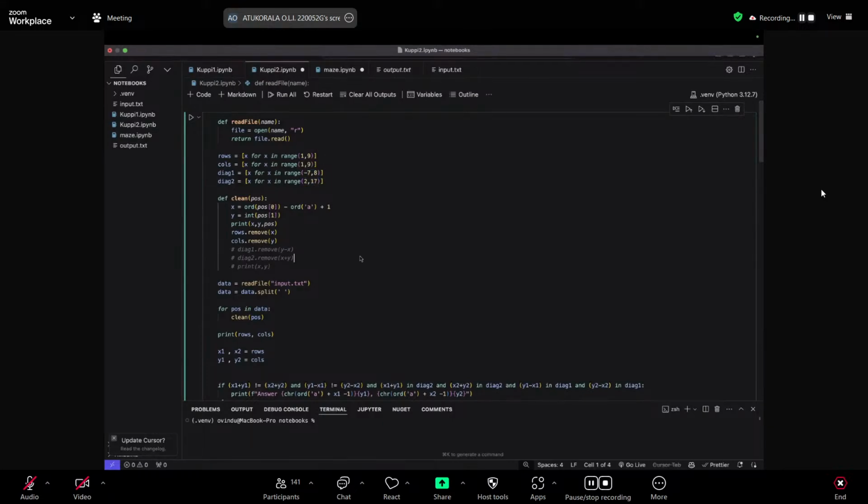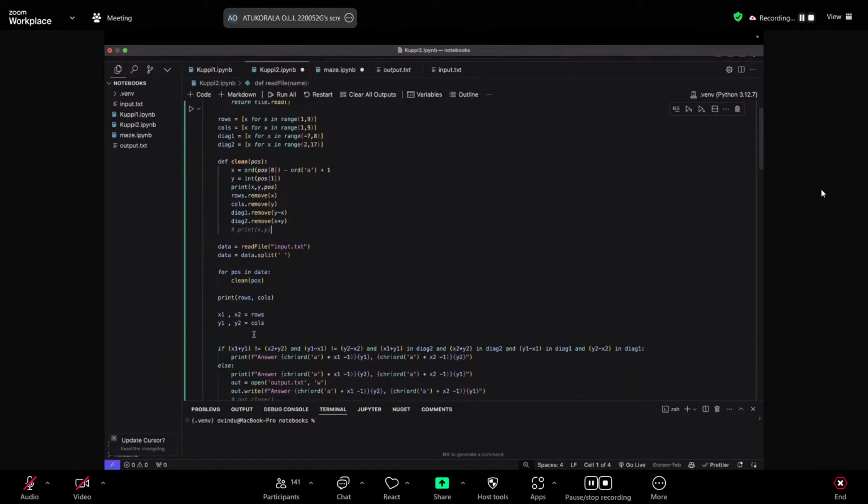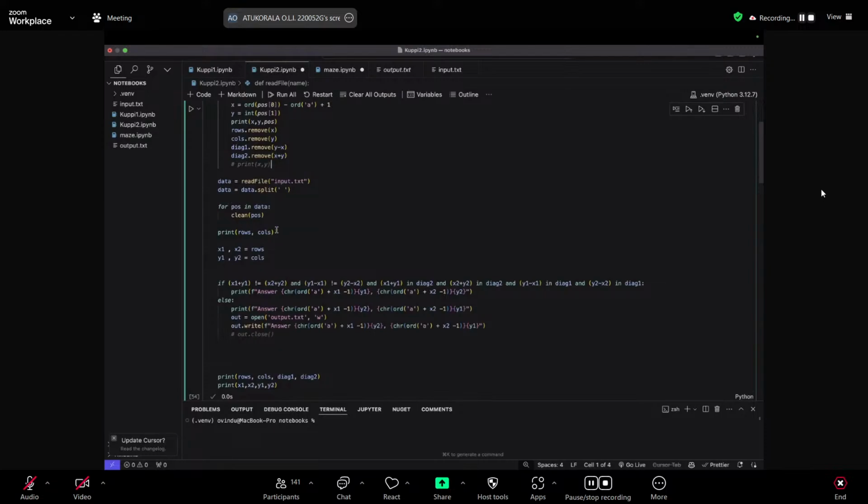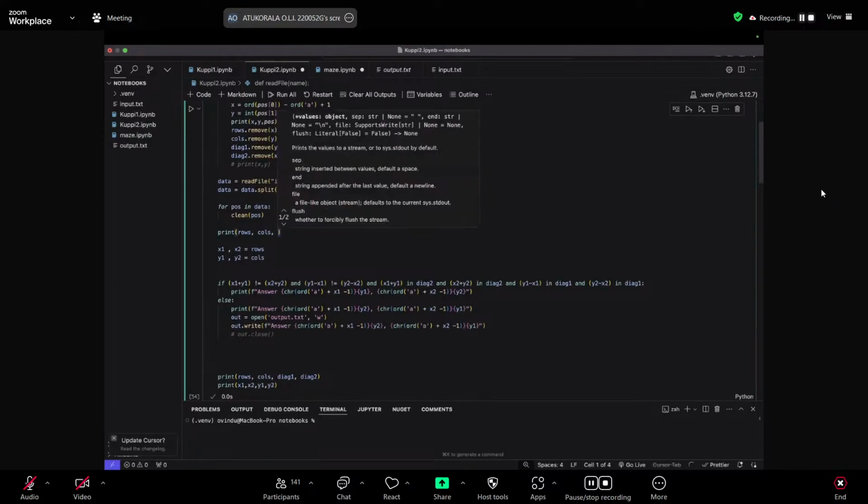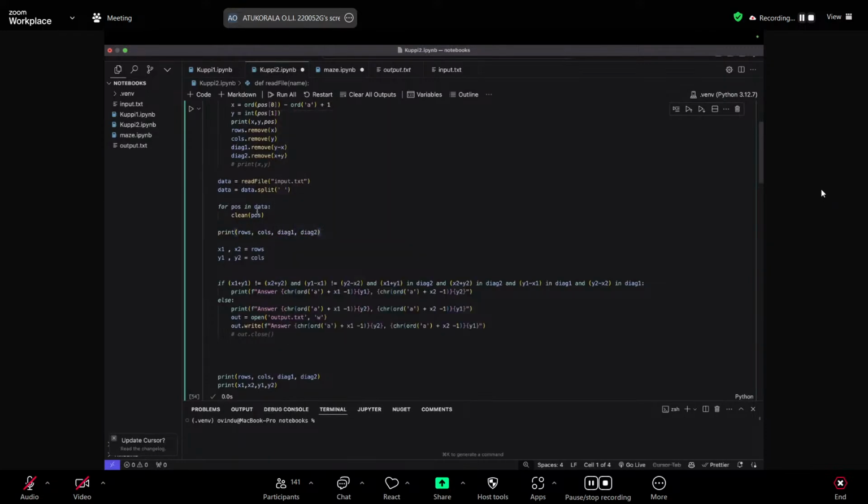I'm pretty sure y'all can do this on a rough worksheet and see that these are the values the diagonals could take. And for every time I'm iterating through the positions, I would remove the diagonals as well, right? So finally, after this, I would have the possible rows, columns, and diagonals that I could move, right?